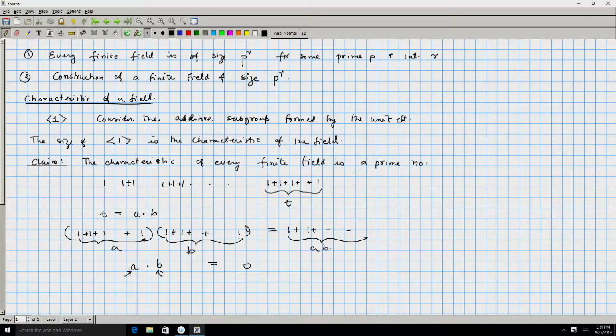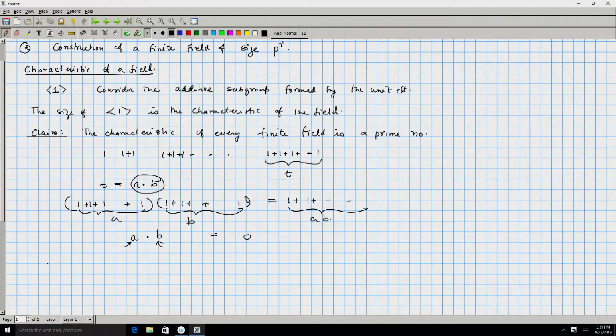And that is not possible in a field unless one of a and b is 0, okay, which we had, neither of a and b can be 0, because we assumed that t was the smallest. Okay. So, this contradicts the assumption that t could have been written as a product of a and b. So, this contradicts the assumption that t was a composite number. Okay. So, the characteristic of every finite field is p, a prime number,